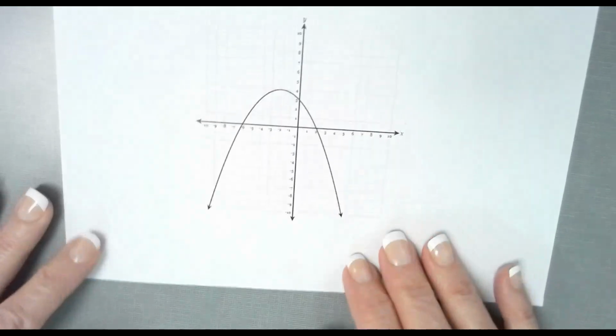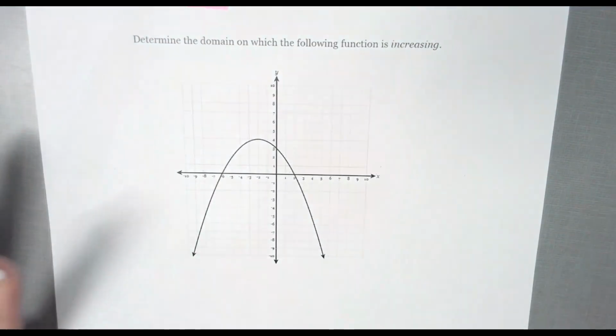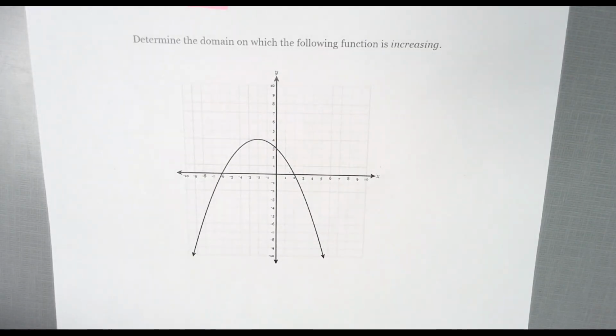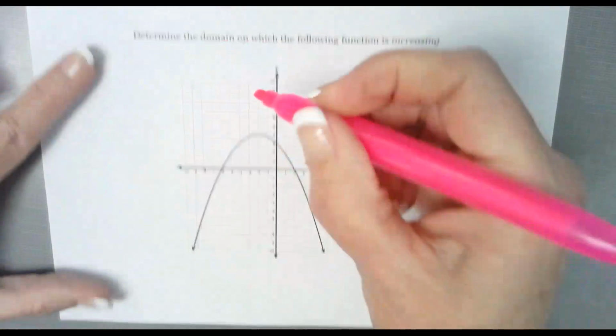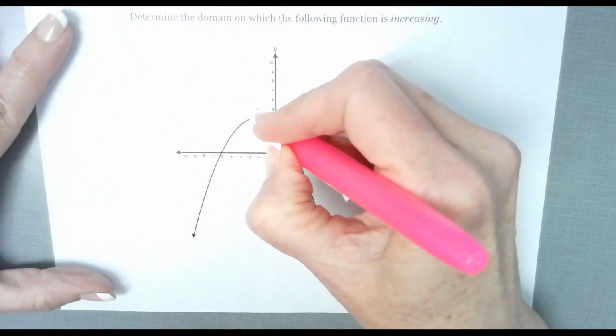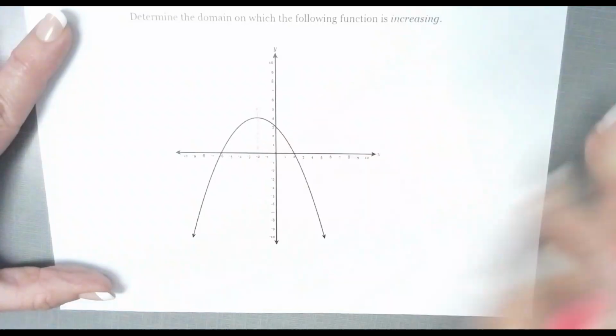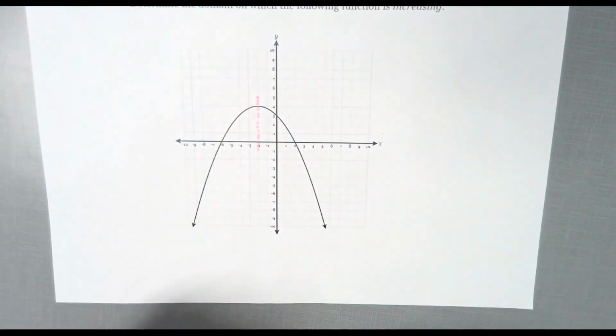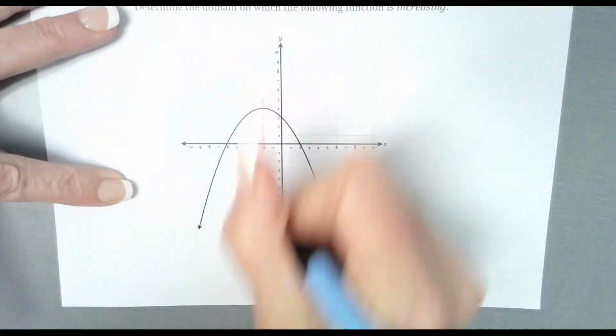All right, what's the axis of symmetry in this second one? Okay, so I heard -2. Let's take a peek. It appears it is. It's the same axis of symmetry. I didn't mean for that to be that way, but it is. So my axis of symmetry is right here